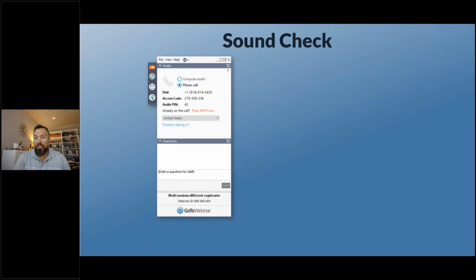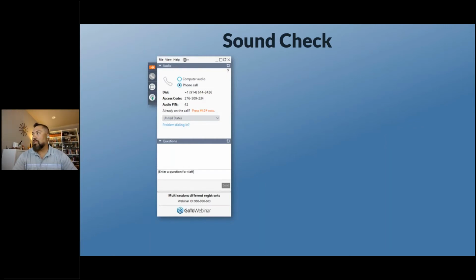So how I understand your questions and see if you're understanding the concepts or not is by monitoring the question section. So what we're going to do is just do a simple sound check. You should be able to hear me clearly. You should be able to see a slide that says sound check, and you should also see the webcam. If all three of those boxes are checked, just give me a thumbs up. If you're on a mobile device, type in a yes in the question section, and then I'll see your response instantaneously on my end. So if you'd be so kind, let's just make sure that everything's connected properly, and then that way we can jump into the presentation.